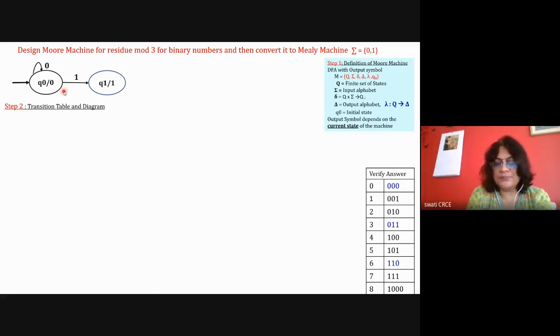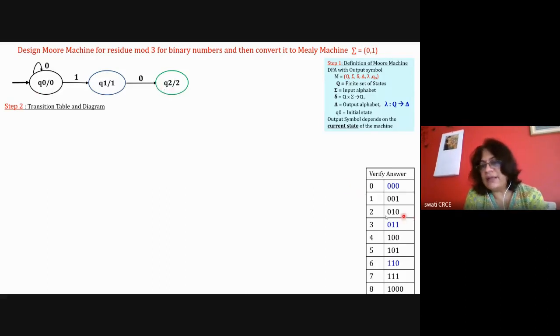I'm saying that. Okay. Now 010. So with 0 it is here, then with 1 it is here, and with 0 it has to go to the state where the remainder is 2. So with 0 it will go to the state Q2, and the remainder is 2. Okay, so this is my design. For remainder 0, Q0, for remainder 1, Q1, and for remainder 2, Q2. So I have three states.